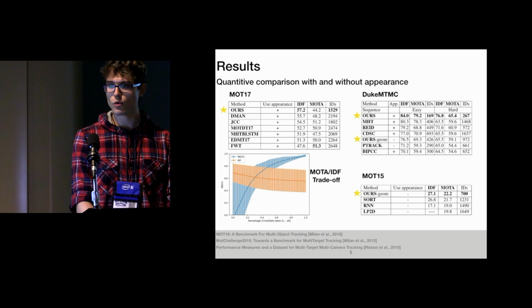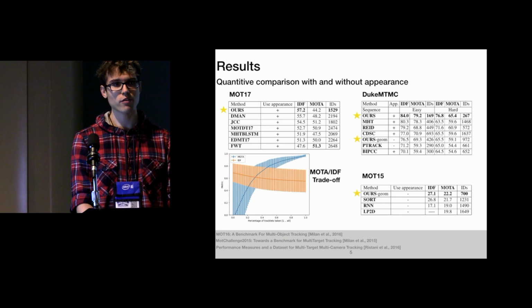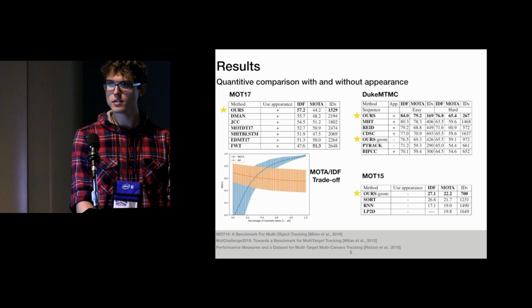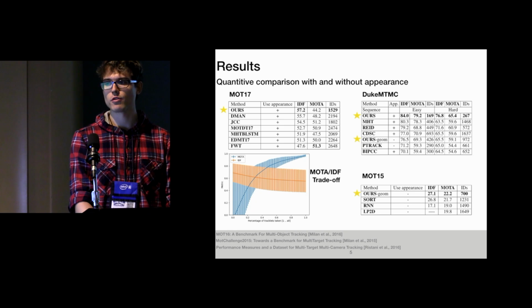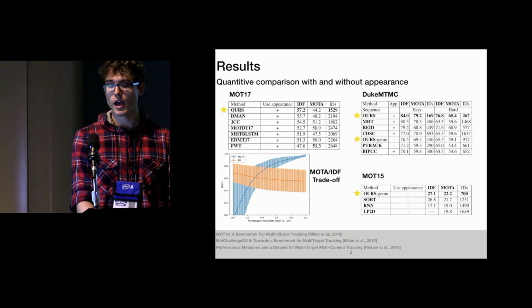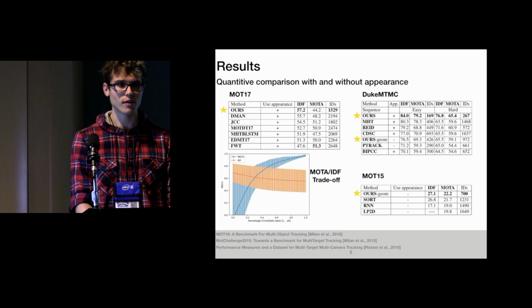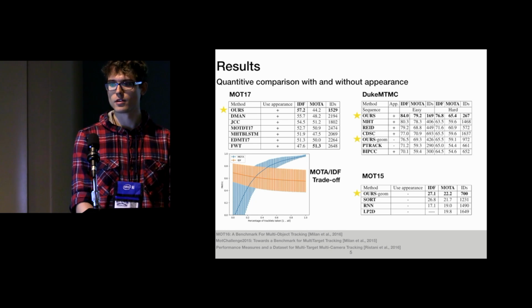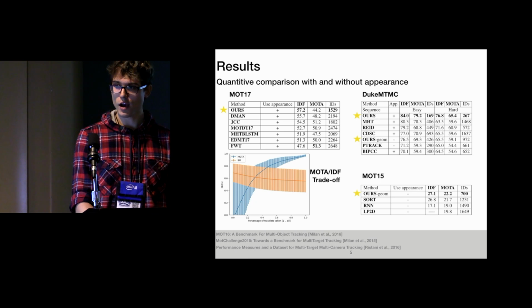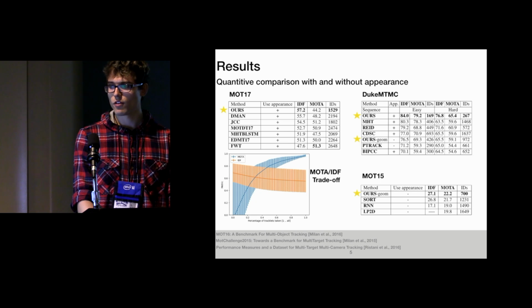And with the appearance model, we achieve state-of-the-art results in terms of IDF metric on several data sets, but here are the 2 most interesting findings. First one is that our metric that uses simply geometric features is able to outperform baseline methods that use appearance on the Duke MTMC data set. And second, if you look at the top left, you can see that there is a strong negative correlation between the IDF and MOTA metrics. And we have actually made a synthetic experiment to show that these 2 tracking metrics are actually disagreeing in some cases.